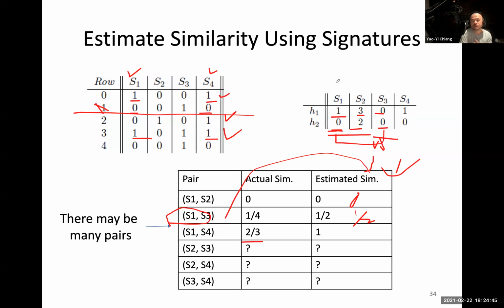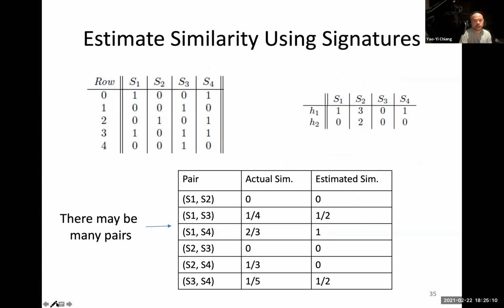So if you think about this, S1 is now a string of 2 characters, 1 and 0, right? So to compare the similarity between S1 and S3, you just see how many characters are matched. So you don't use Jaccard similarity anymore. Okay, S1 and S4, the similarity will be 100% because you have 1, 0, 1, 0. All right, so if we do this for everybody,